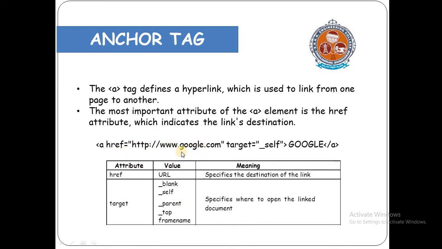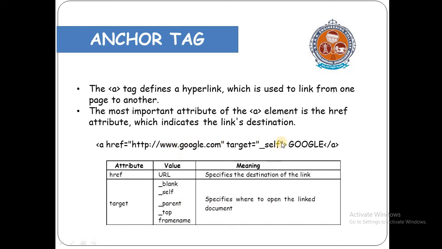If we want to go to google.com, just give the link of google.com. Google is the text. If you click on this text, it will redirect to google.com. Just see the syntax of the anchor tag. A, we are giving an attribute href equal to some website. The target attribute we will discuss next. So this is the text, and we are closing the anchor tag after the text. If we click on Google, it will redirect to